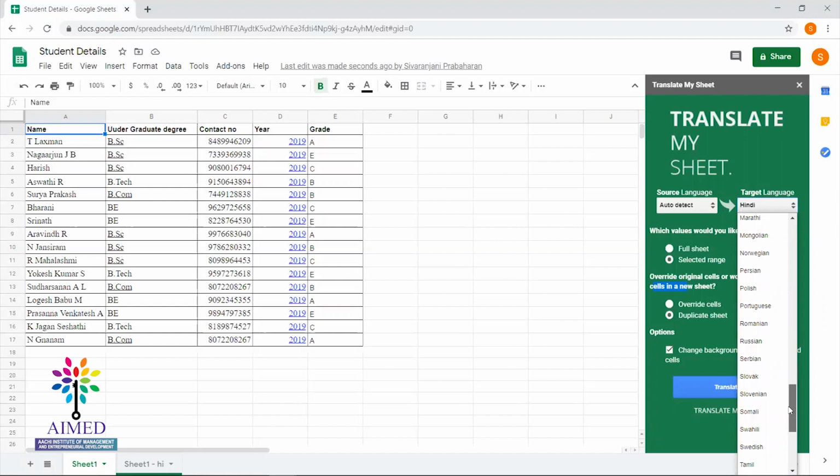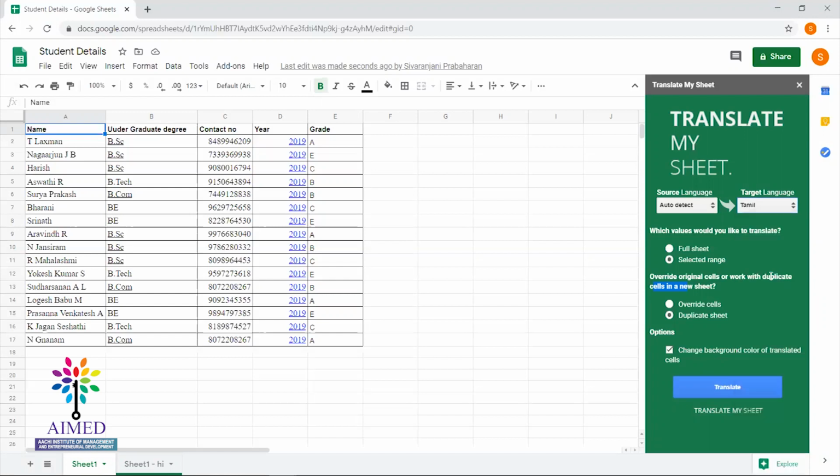Again I have selected the same name and I'm selecting the target language, and in the values I have given only the selected range, and this time I'll choose override cells. Then it will replace the existing cell.